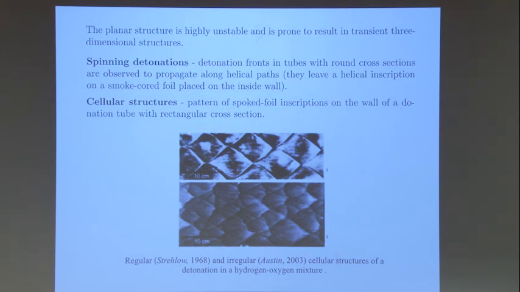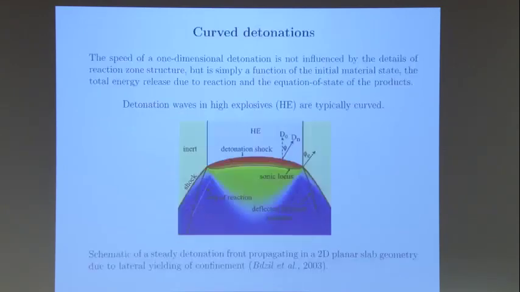And people typically observe the cellular or spinning detonation. They either spin in a tube as they propagate, or you will observe multi-dimensional structures that have this diamond shape that is known as cellular structure. It's not really my expertise, but I follow the literature a little bit on this. I didn't want to go too much into details here, but just to mention that as part of